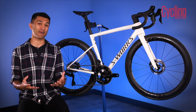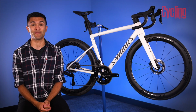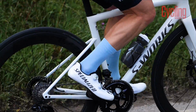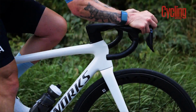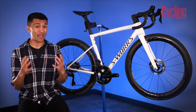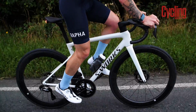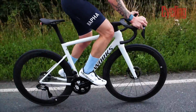The silhouette of the bike isn't actually a million miles away from the SL7, it just looks a little bit more refined. The tubes at the rear of the bike have slimmed down, and the ones at the front have either stayed the same or just swelled up a little bit. Some may think it looks a little bit unbalanced, and to be honest, that was something that I was really nervous of when I first saw the leaked images. But in person, it looks rather good,